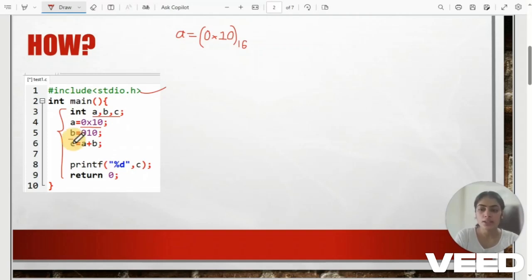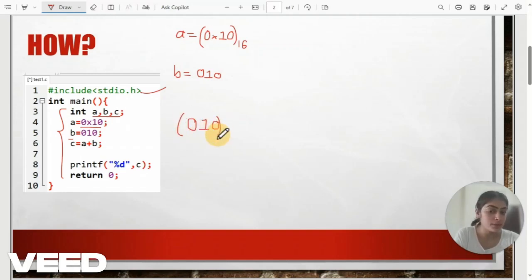Then we get another variable whose value is B equals 010. Now be alert, because 10 is a different number, like 10, 11 and so on. But when you put 0 as a prefix, as the first digit of an integer, that means it is not a normal decimal number anymore. It comes in the form of an octal number whose base is 8. This is the difference. You have to convert them, whatever values are given by the programmer.